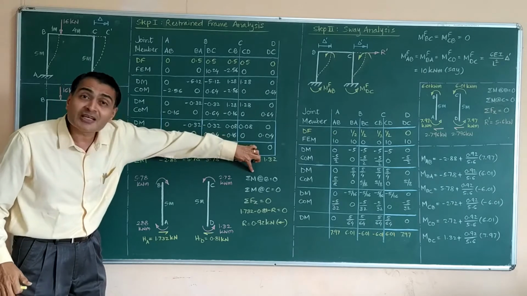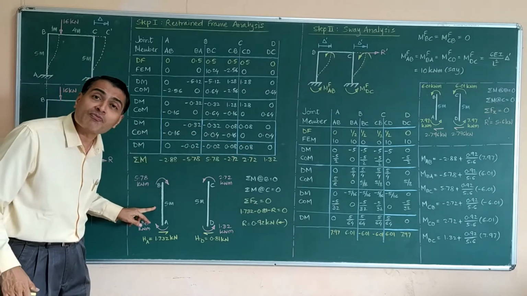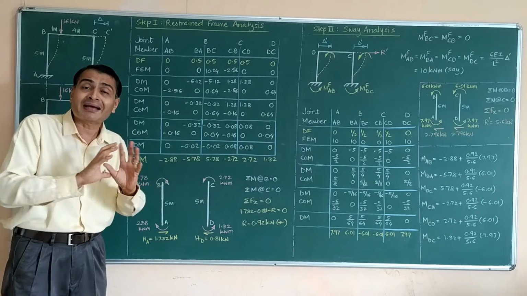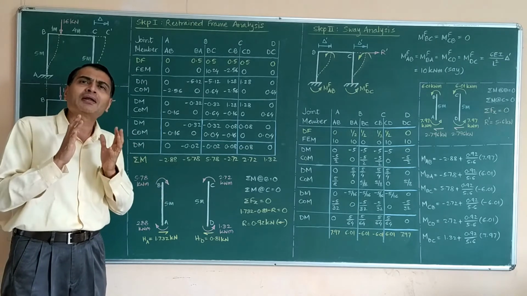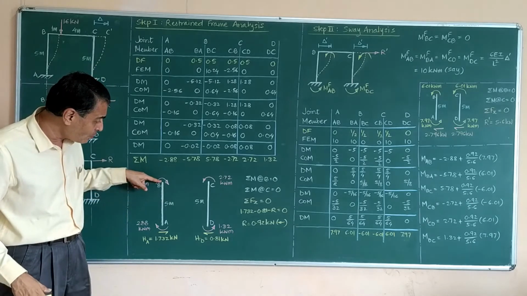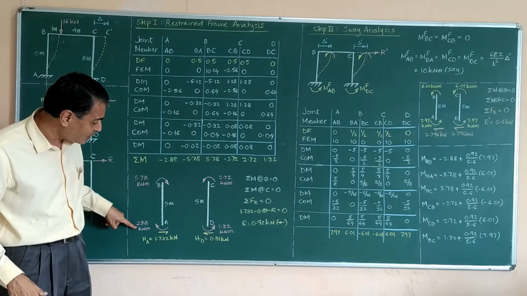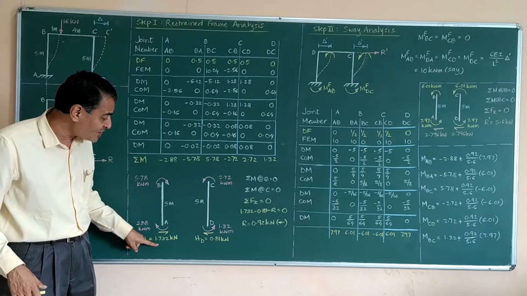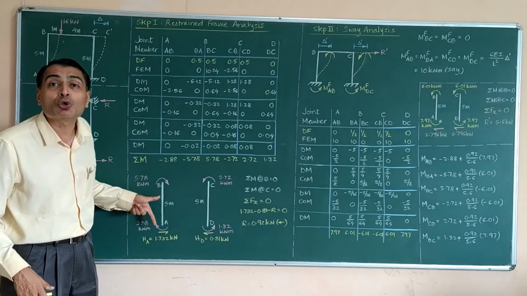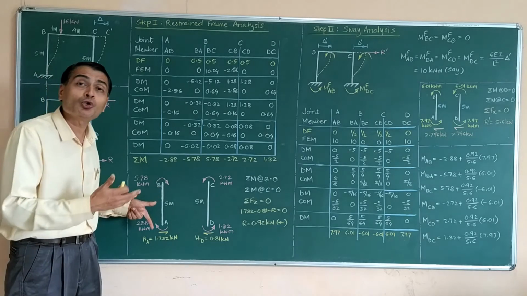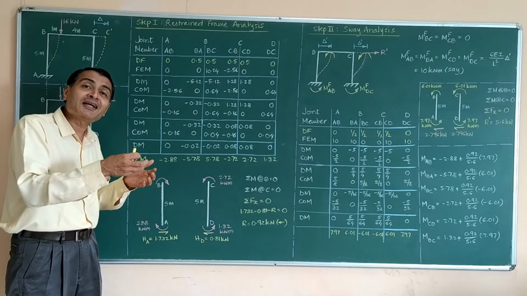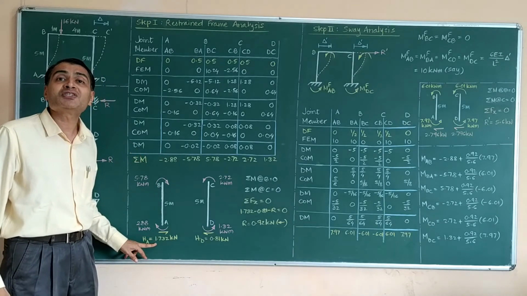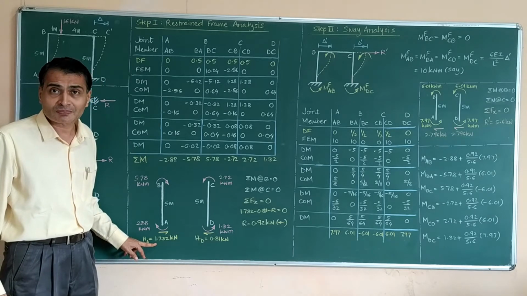I have written the equation, I have drawn the FBD, I have not written the steps, the substitution and calculations and all this. You can readily see sigma M about B equal to 0 will give me negative 2.88, negative 5.78 plus HA multiplied by 5 equal to 0, or 5 times HA equal to 8.66. Then 5 going to the right hand side in the denominator will give me the answer of 1.732 kilonewtons.